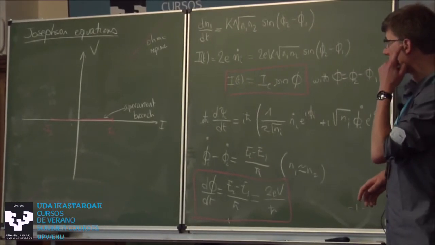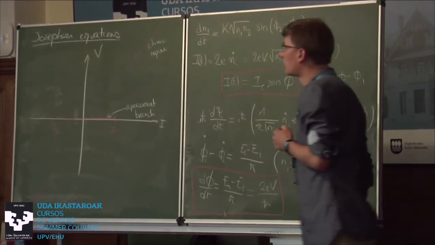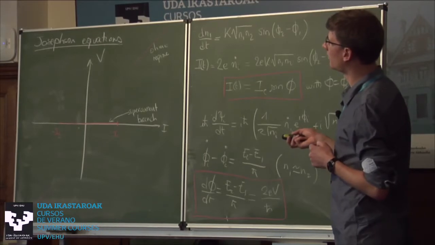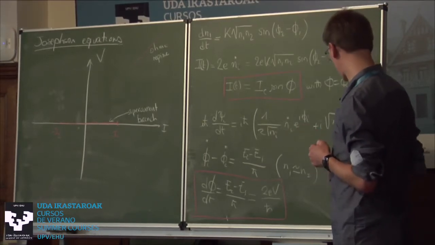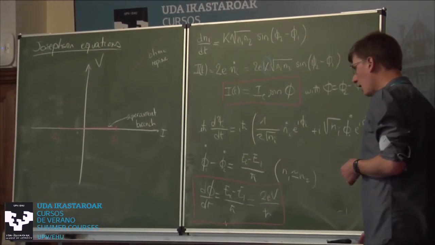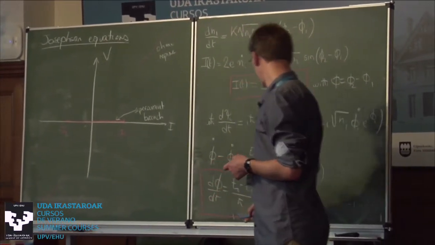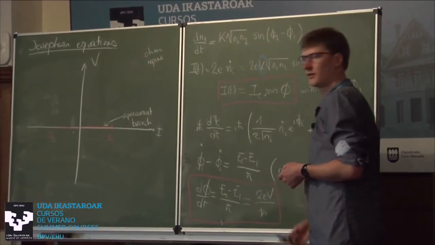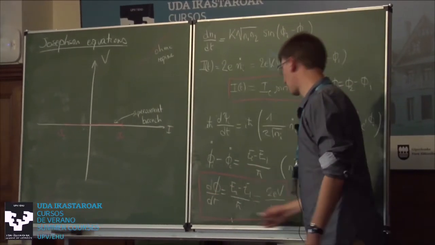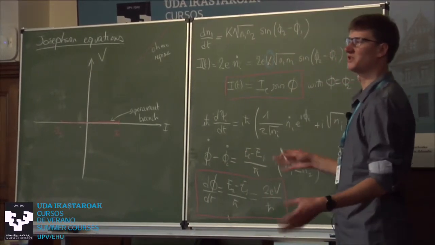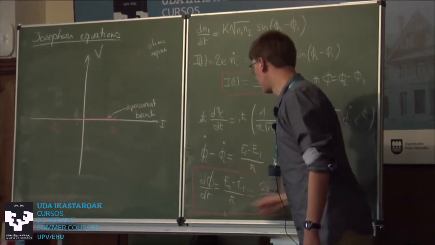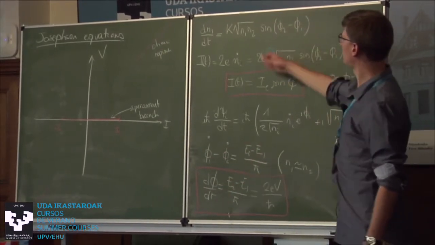Now, you see that in the derivation, this bit here, the critical current, encodes a lot of information, and especially it encodes the coupling. While this equation here does not depend on anything. It's just 2 times E times V. And this has a profound origin, which is the fact that this is all linked to the phase of the wave function, which you basically cannot do too much about. It has to follow this E times T over h bar. So this will lead very simply to this relation,